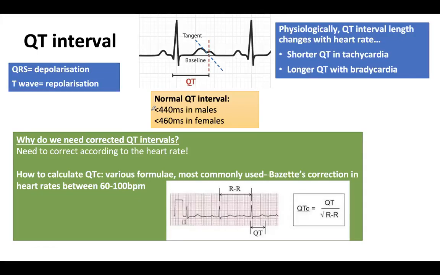Okay, QT interval, and we're almost at the end. So the QRS complex, like I've said multiple times before, represents depolarization. The T wave is the repolarization. Physiologically, the QT interval length changes with the heart rate. So in tachycardia, you have a shorter QT length. In bradycardia, you have a longer QT length. And this is why we need to correct QT intervals according to the heart rate. Otherwise, we'll get a false positive or negative length of the QT,